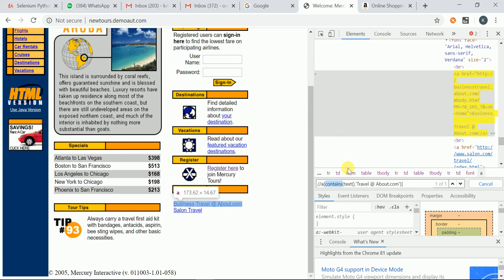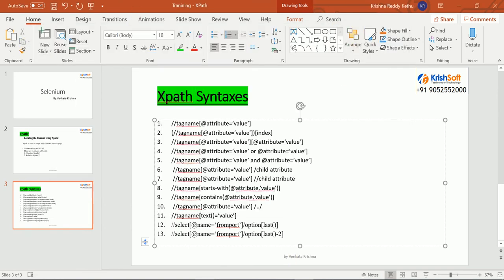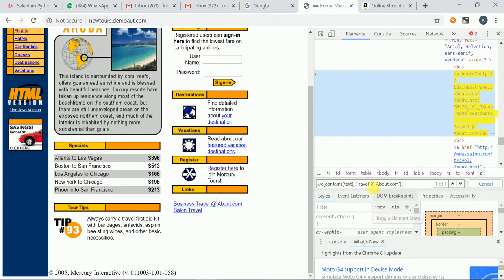Okay, fine. Similarly, I want to use starts with syntax. In this case also, I want to use only business. Let me try with business, whether it is working or not. So same syntax, I am going to give business, but I am changing it to starts with. See, it is working fine. Only one link. Starts with means we need to give the start of the link text, or the start of any attribute text.